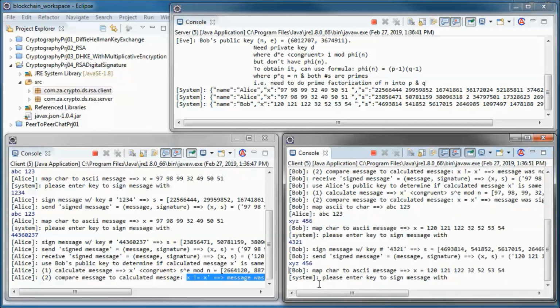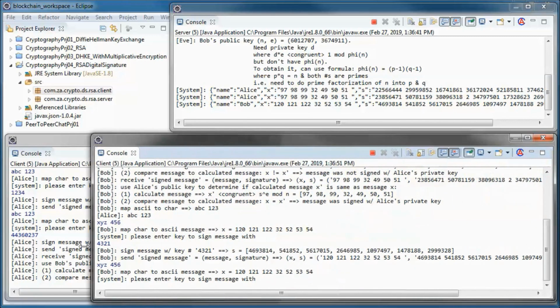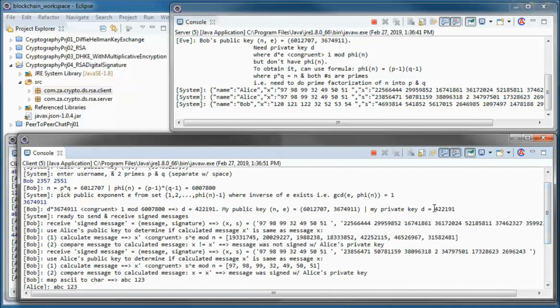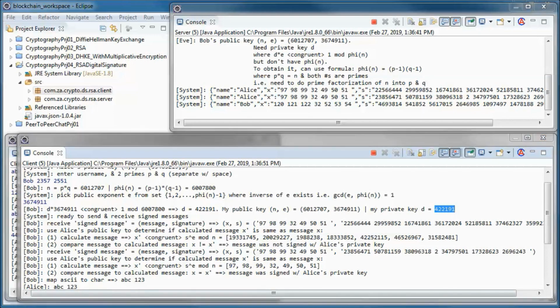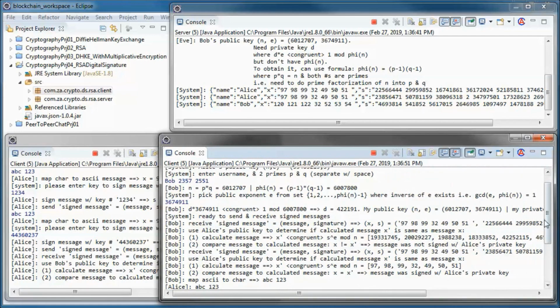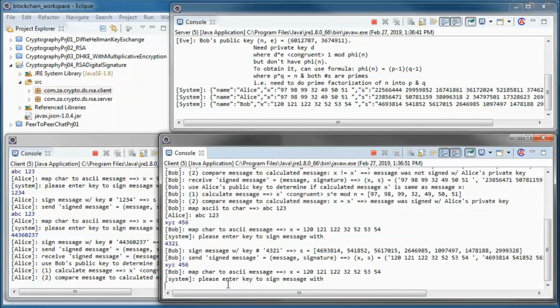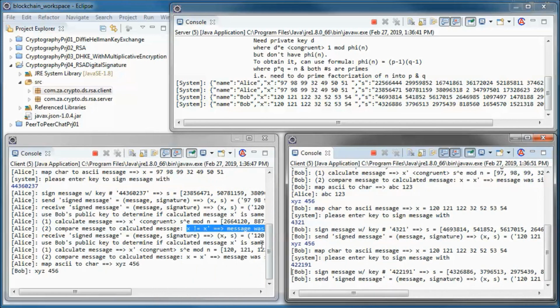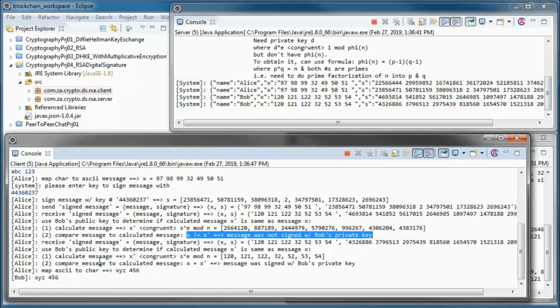But this time we'll pick up his private key and sign the message with it. So now Alice determines that the message was signed with Bob's private key.